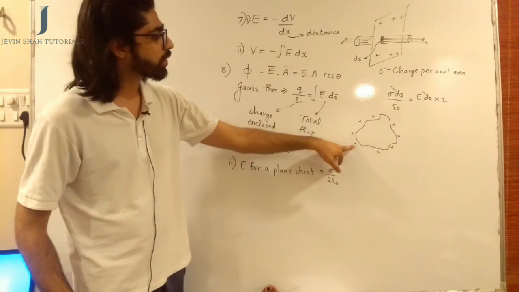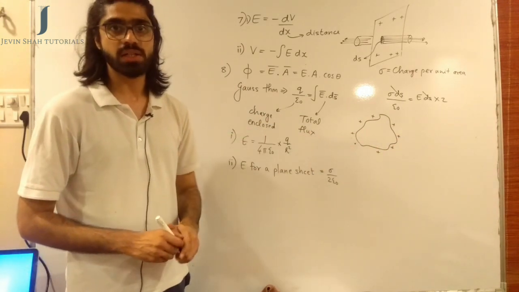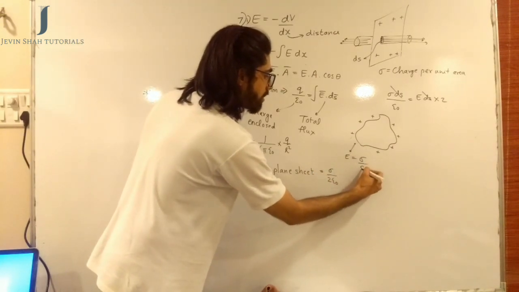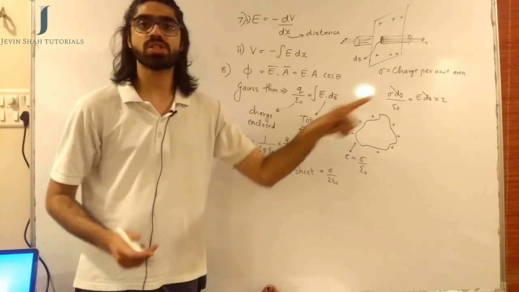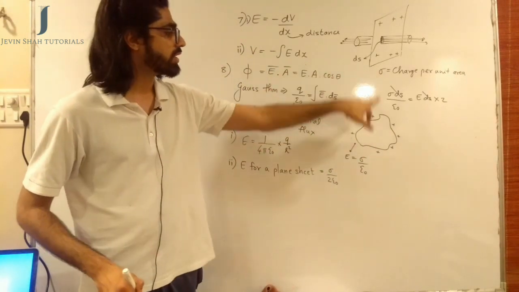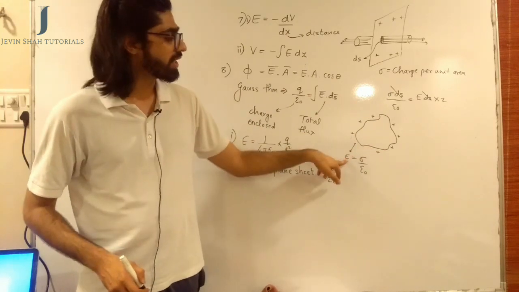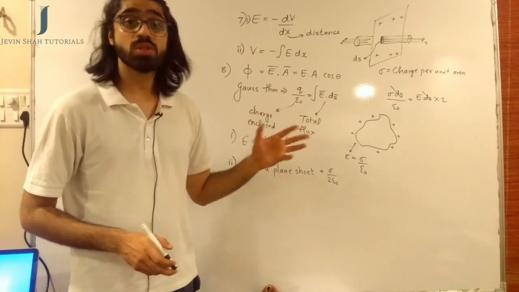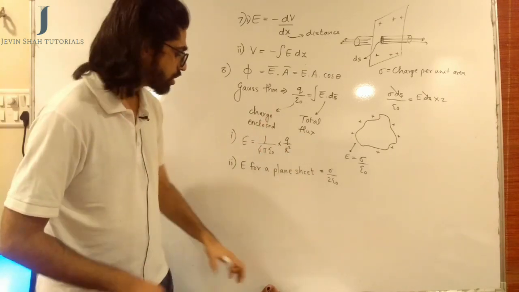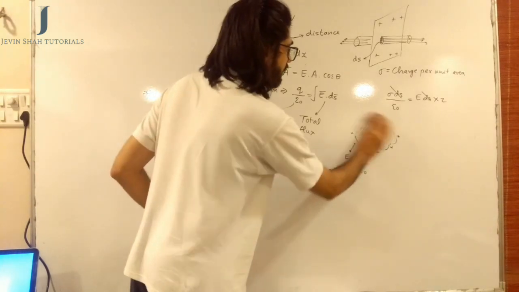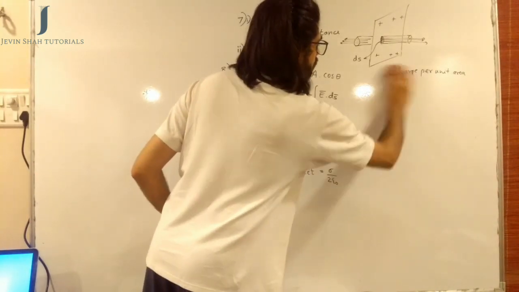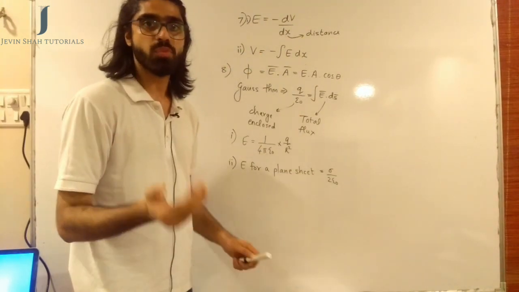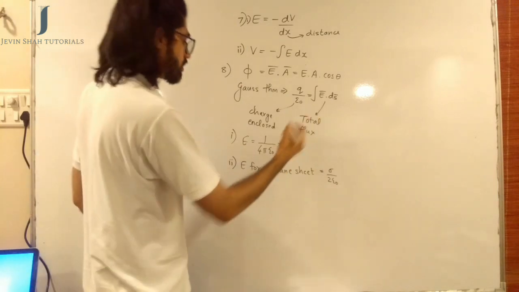So at a point which is very close to the body, we need the electric field intensity, and electric field intensity at this point will be given by E equal to sigma upon epsilon naught. That sigma is the surface charge density, which like in this case only is charge per unit area. This will be derived by the Gauss theorem only, but I am not going into the derivation for now because in this video I am more focused on covering all the formulae. So that's the third shape that you have learned, that is an irregularly shaped body. So for an irregularly shaped body, the magnitude of electric field intensity at a nearby point is given by sigma upon epsilon naught. Let's just make a note of it.